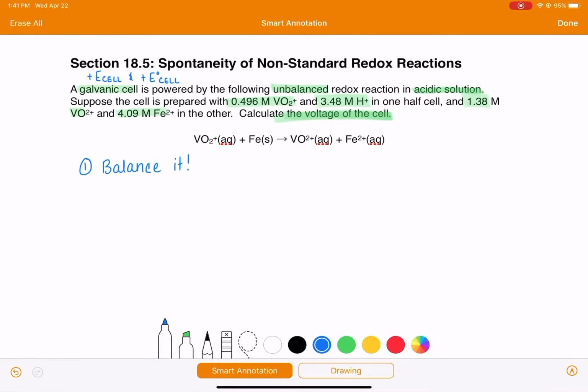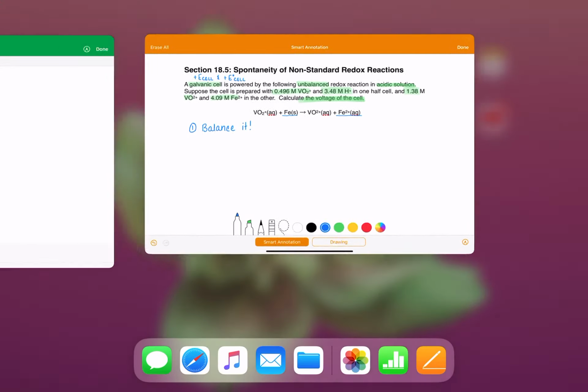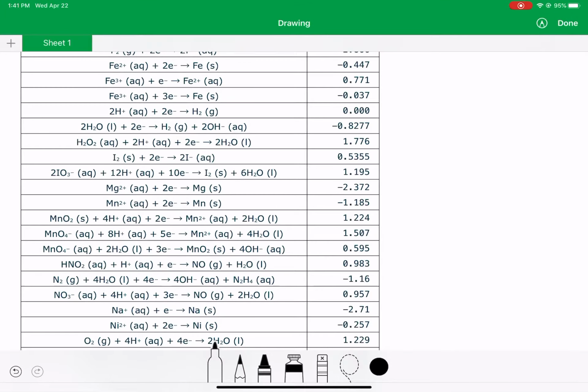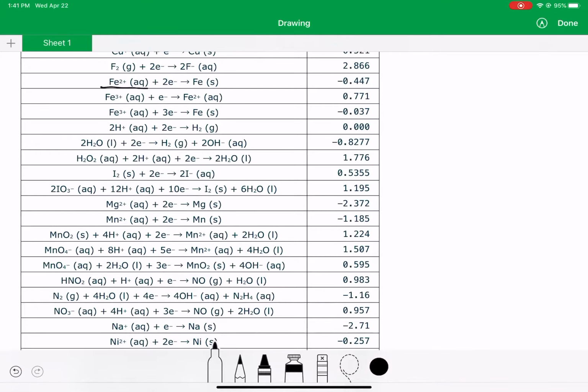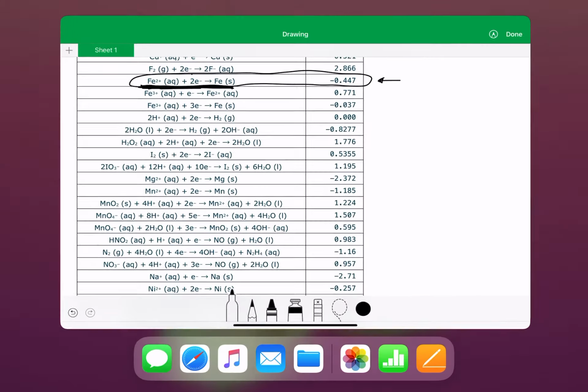So I'm looking for the iron and iron 2+ half reaction, and we've got to be careful to find the right one. I can see it's right here. Not only am I looking for the voltage, which I don't even need right now but we're going to need eventually, I'm also looking really closely at how this reaction is written. Now, this reaction may be written in the wrong order. We're going to have to check it when we go back to the overall balanced equation, but I'm paying attention to the other components and the stoichiometric coefficients in this equation, and I'm going to copy it